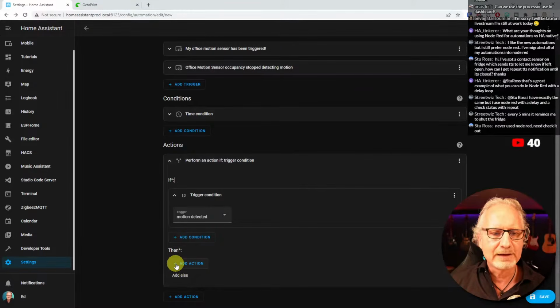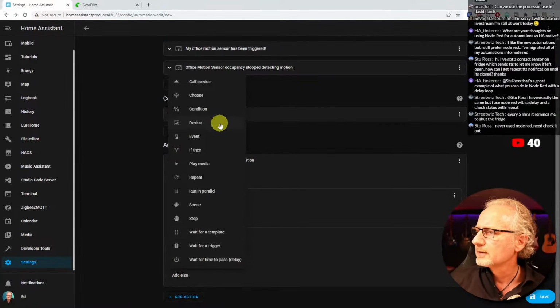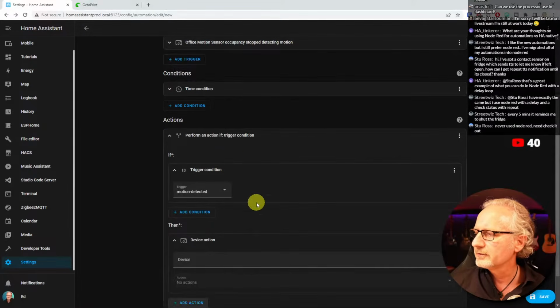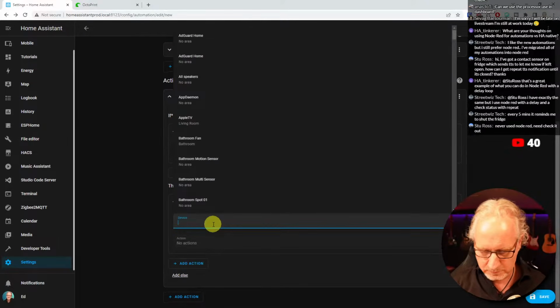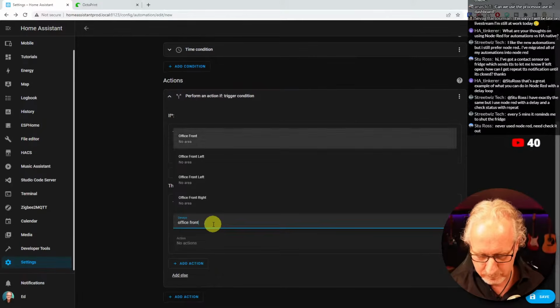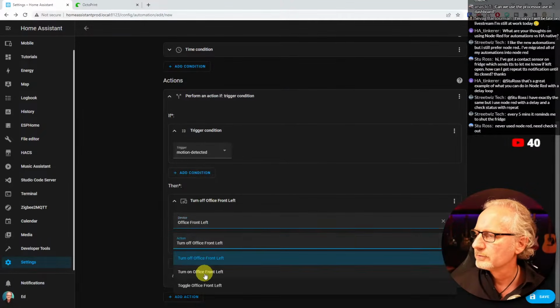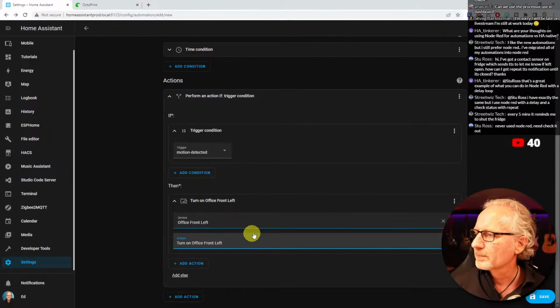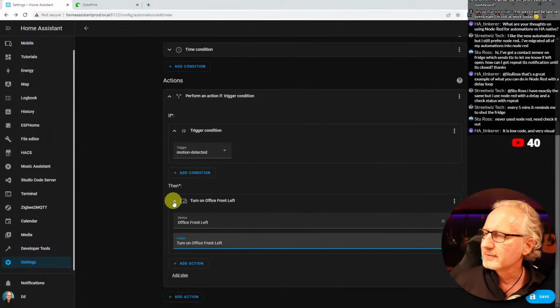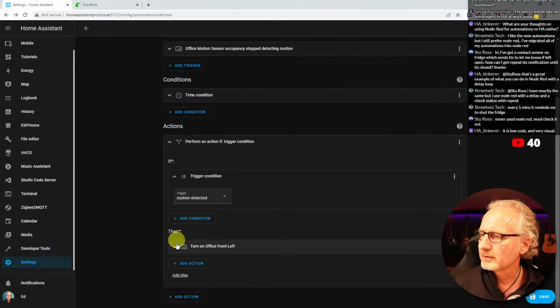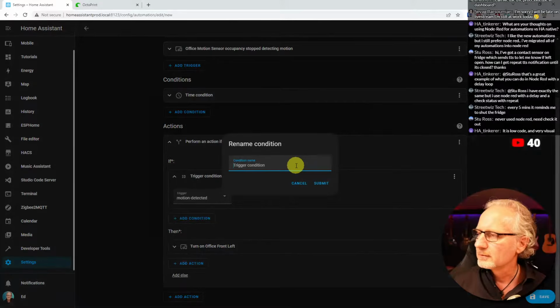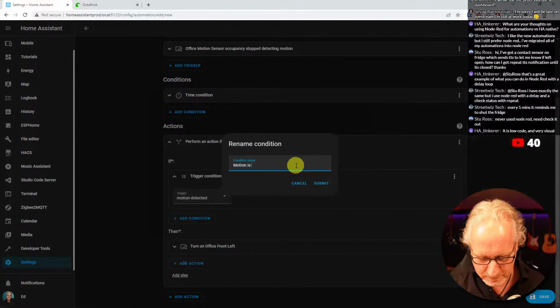So we're going to add an action. Add action. Let's say device. Make it simple. Office front left, which is one of my lights. Turn on office front left. So now you see that the then has also a name, turn on office front left. So if I change this name, this trigger condition, so let's say rename motion is detected,